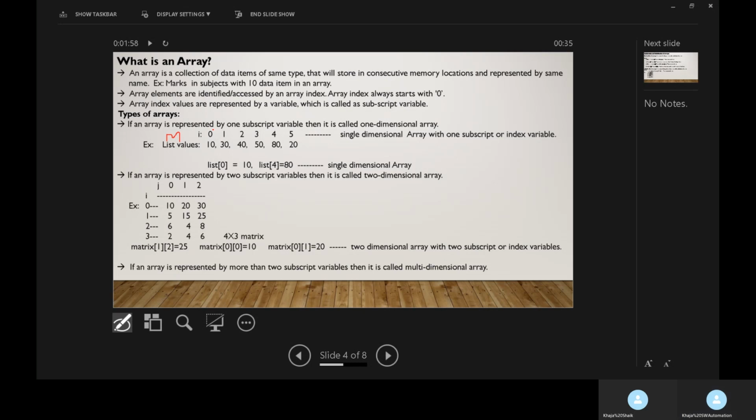So value 10 is in the 0th location in array M. Similarly, value 30 is in location 1 in array M. Similarly, value 80 is in location 4 in array M. Now these 0, 1, 2, 3, 4, 5 will be represented by using the subscript variable I. I is the array subscript variable.